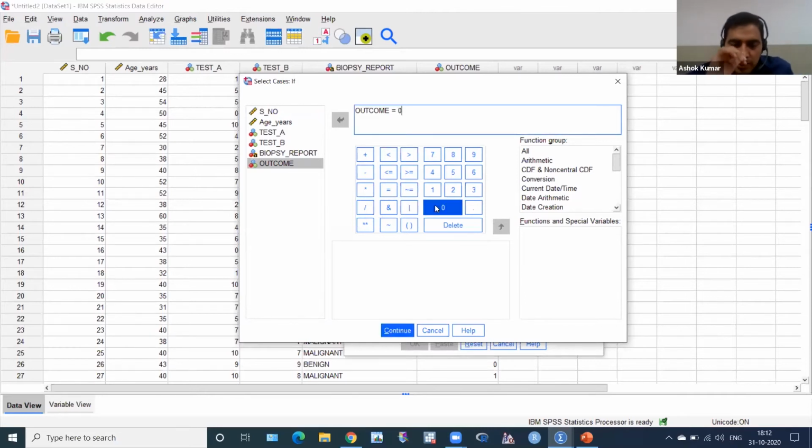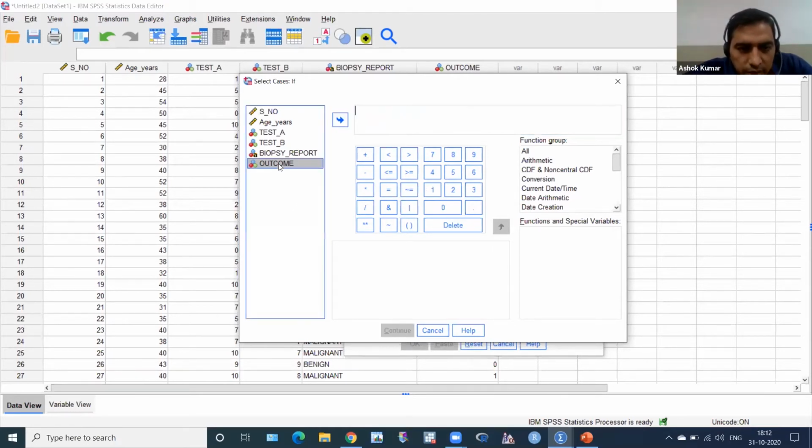Okay, I want this 0 means benign in my analysis, and benign and malignant. Then you have to click this button, benign or malignant. So those patients may be benign or malignant. I want this. Those you have to click this vertical line. Then again, you have to click on outcome, then this arrow, and now is equal to 1. Because I want 0 and 1 variable here. I don't want 2 variable here. So again, I want to explain you.